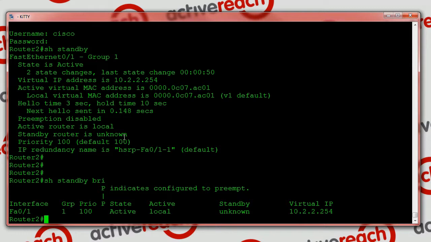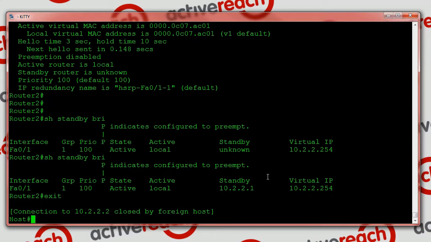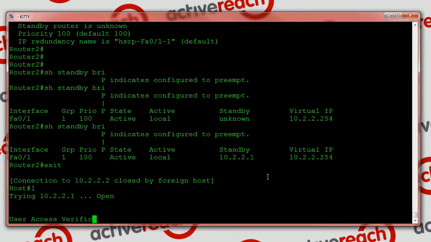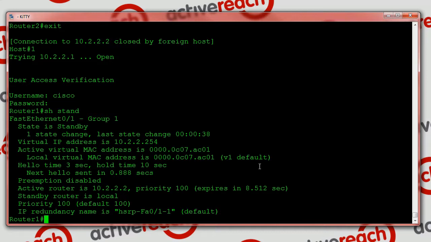And let's just wait and see. Now you see the standby router was unknown, and now router 1 must be back up because it can now see the standby router has appeared here. So if we go back onto router 1, there we go, and have a look at the show standby output. There we go, the state is now standby, and the active router is router 2, and this router is the standby router. So we can see it working in all its glory there,